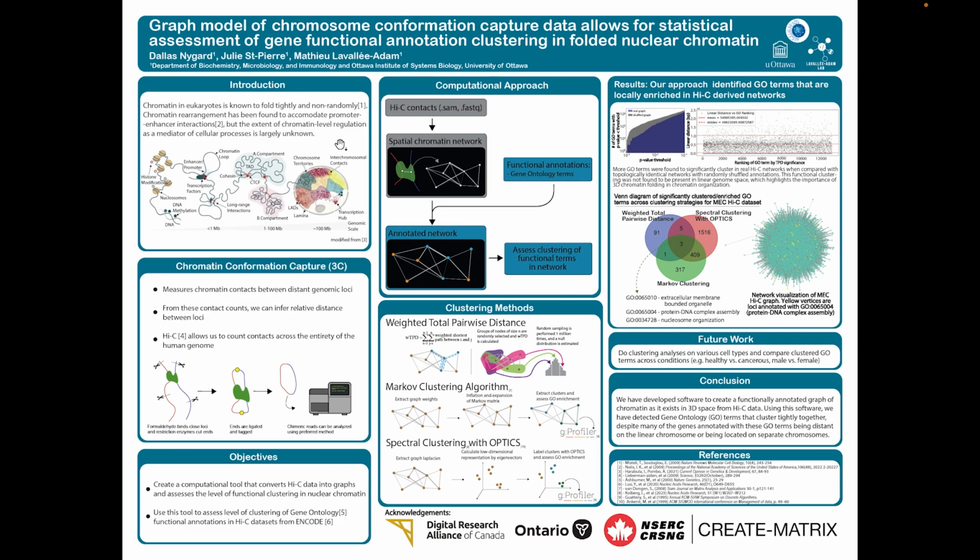So to introduce the topic, we can have a look at this top left panel here, where we talk a little bit about how chromatin in eukaryotes, particularly we're looking at human cells, is known to fold tightly and non-randomly into a hierarchy of nested structures. This ranges from the open and closed chromatin compartments that house active and inactive chromatin respectively, down to the chromosome territories that segregate individual chromosomes into discrete domains, and newer structures that we found that are even finer grained, such